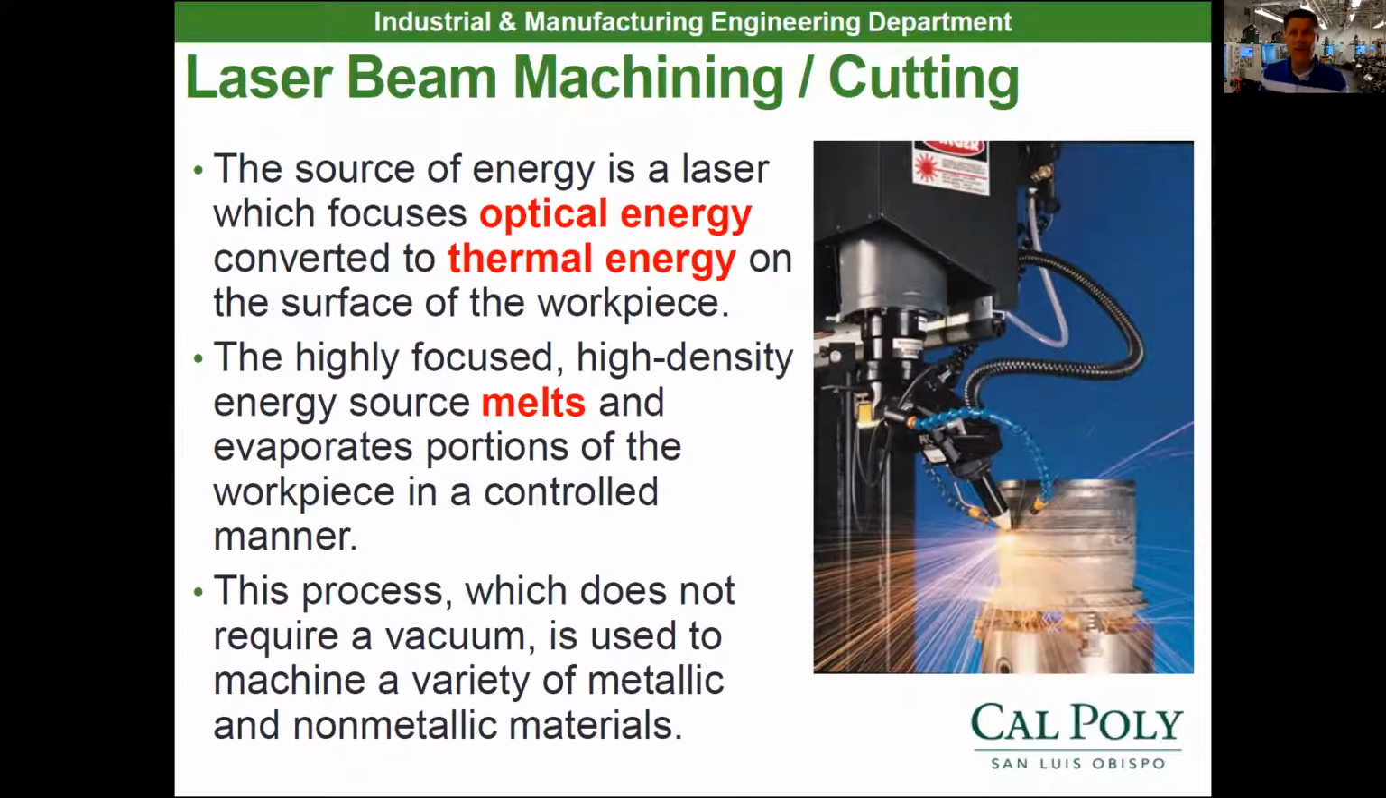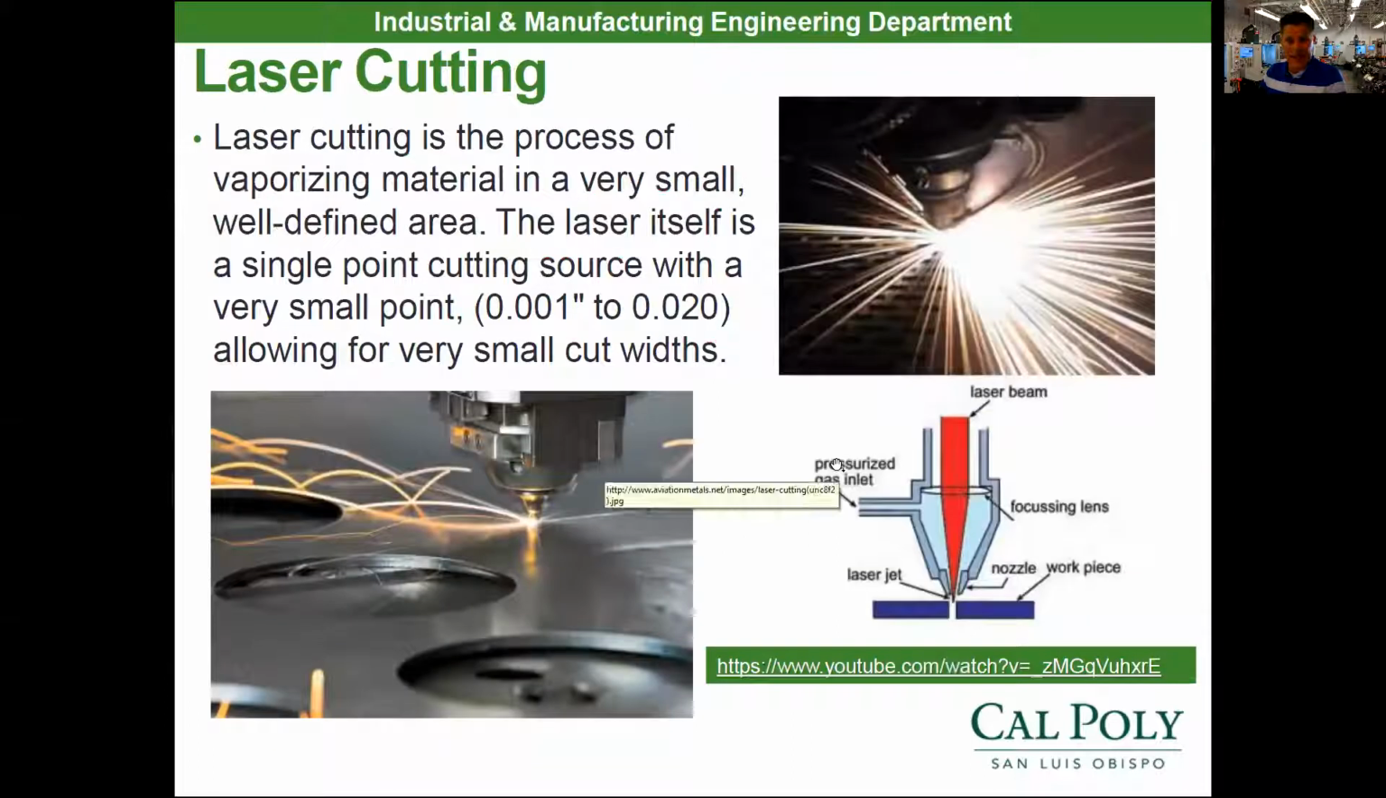We're going to be laser cutting. With laser cutting, we're using optical energy and converting that to thermal energy on the surface of the workpiece. What we're doing then is focusing and melting that metal in a controlled manner, in a really small location, the size of the laser beam, whatever that diameter may be. It does not require a vacuum, and you can machine metallic and non-metallic materials with a